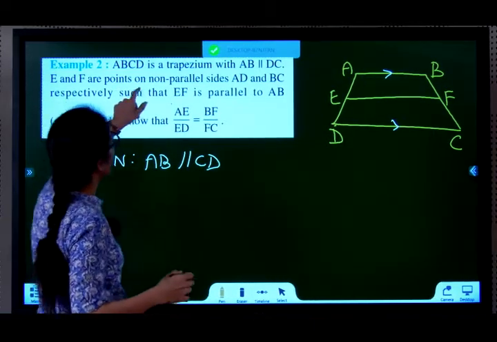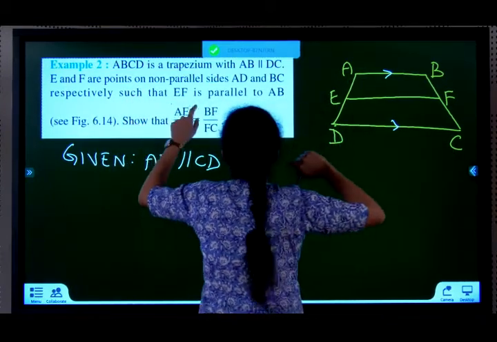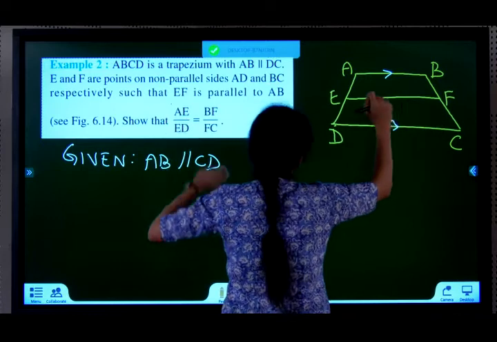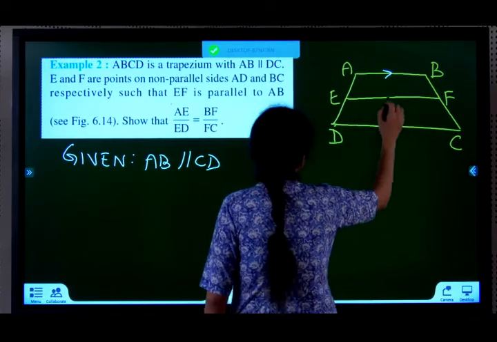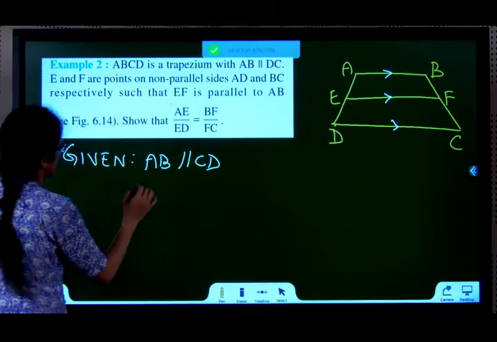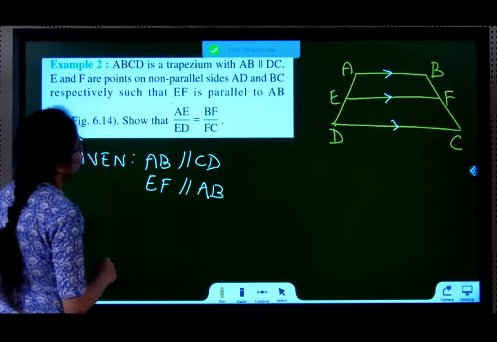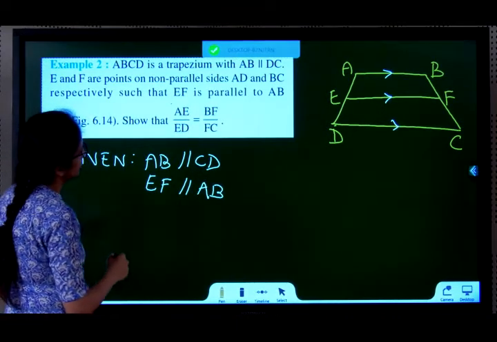E and F are points on non-parallel sides AD and BC respectively, such that EF is parallel to AB. They have given EF is parallel to AB. You have to show that